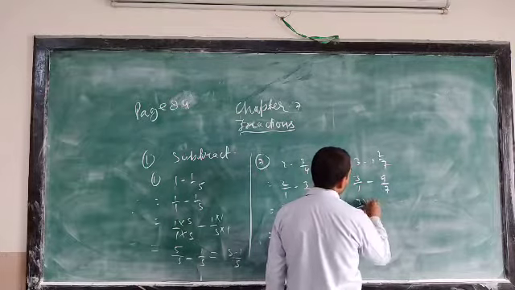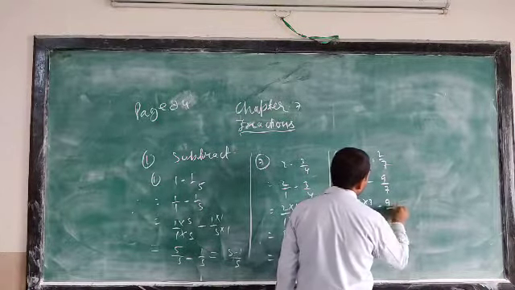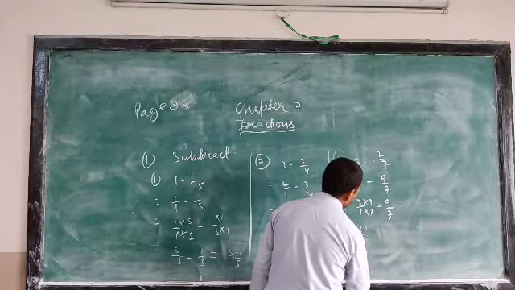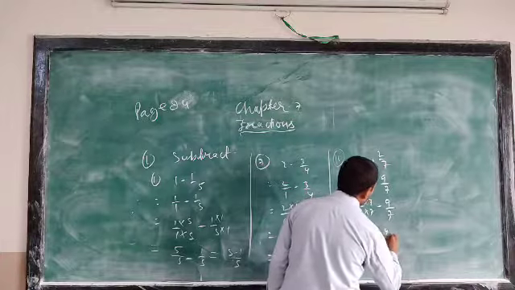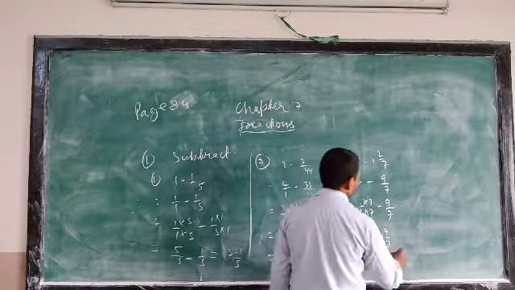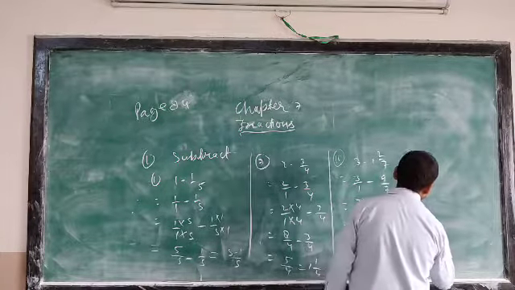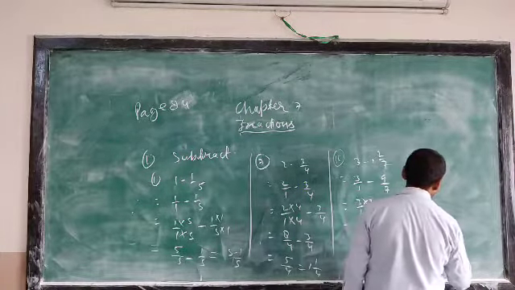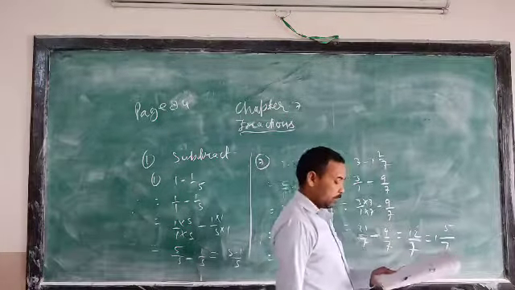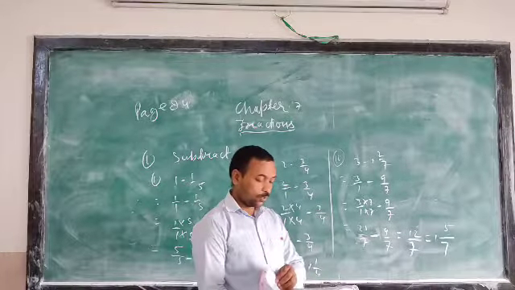Multiply the fractions by the denominator. In this type of question, you have to write the same, so 21 by 7 minus 9 by 7. 21 minus 9 will be 12. So 12 by 7, and you can convert this into 7 by 7 and 5 by 7, that is 1 and 5 by 7. The remaining ones you can complete; I will give them as practice questions.